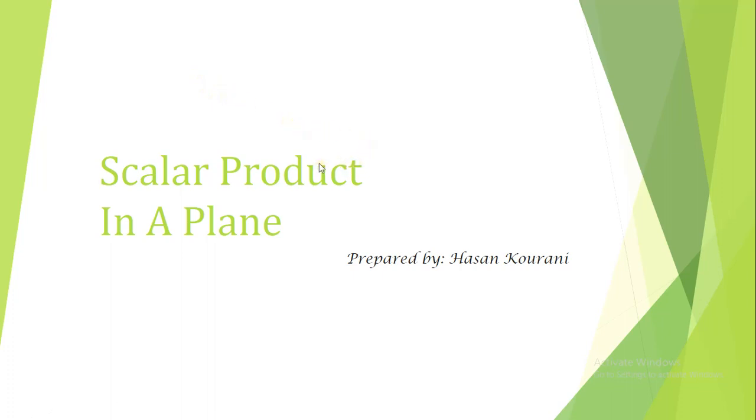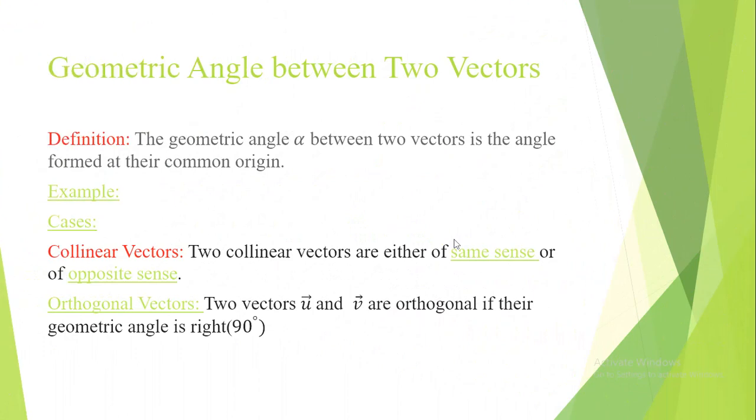Okay, before we start the definition of scalar product, we need a necessary and important concept, which is the geometric angle between two vectors. Let's see this simple definition. The definition of geometric angle between two vectors says that the geometric angle alpha between two vectors is the angle formed at their common origin. I think it's clear. Let's see an example